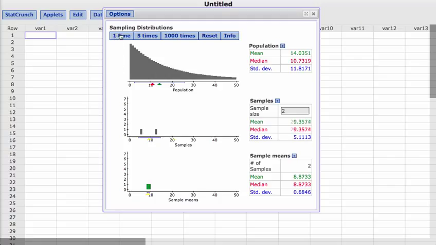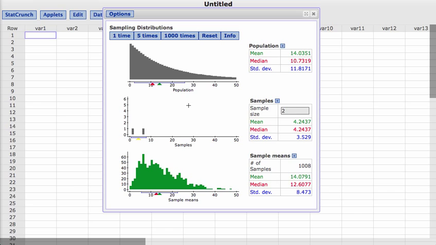And as we continue, it's going to continually make the sampling distribution for the mean. Let me click on 5 times. Now I'm going to click on 1,000 times, and it doesn't show us that middle part. It just goes right to creating the distribution. So what I'm looking at is the distribution of means for every single sample that was just taken over those 1,000 times. It looks like the mean that occurred the most was right here, less than 10, right? What we saw from our